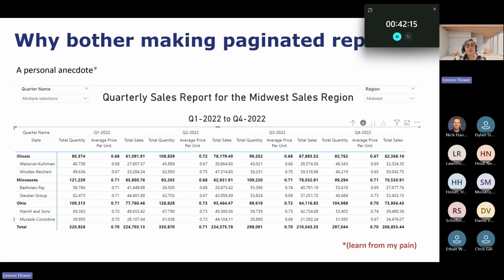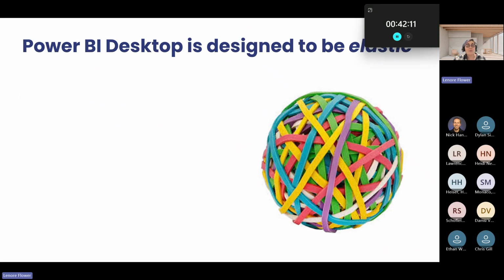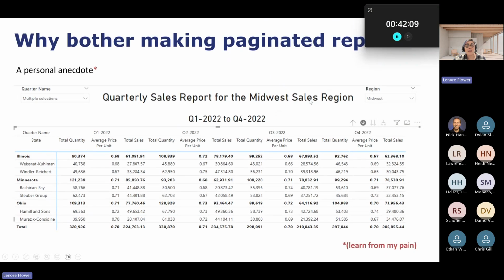So if you've ever tried to print off a Power BI report, you may already be aware that the elements that will come out are basically a JPEG image of the report itself. So you'll end up with the name of the different slicers showing up.